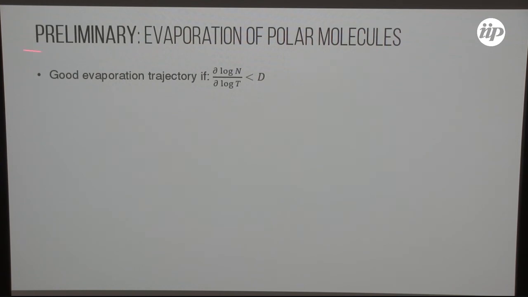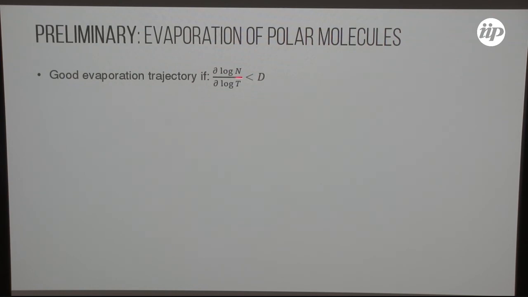So the key part of this slide is that it's extremely preliminary. And what we are trying to characterize is the increase of the phase space density. This is a very old school criterion to check if the evaporation is efficient in our system. One wants to see that the atom number in your system is not changing so much as a function of temperature. Essentially, if you're losing preferentially more atoms rather than diminishing the temperature, you're not increasing phase space density.